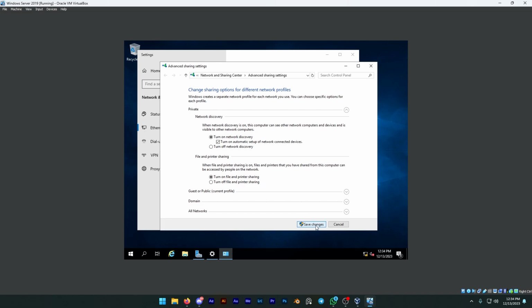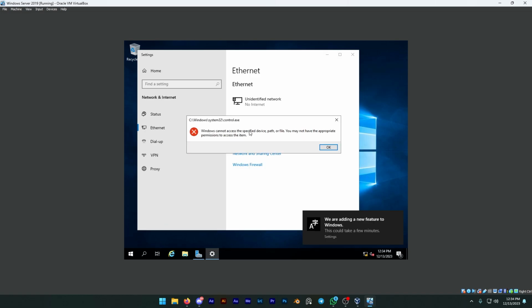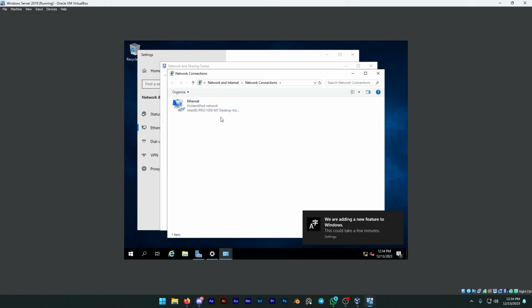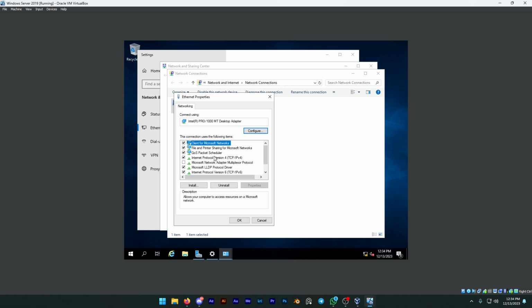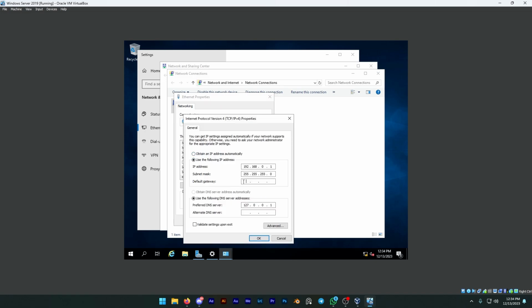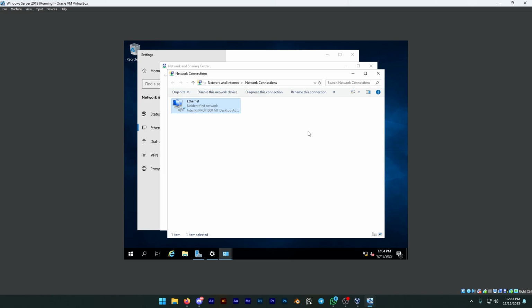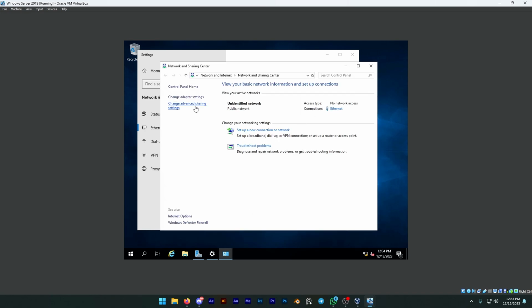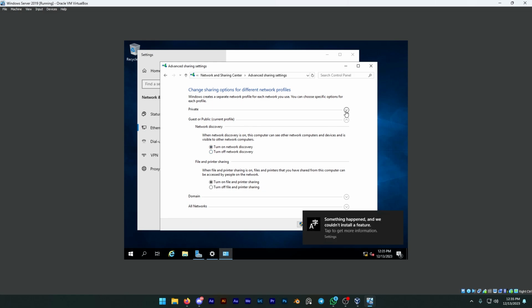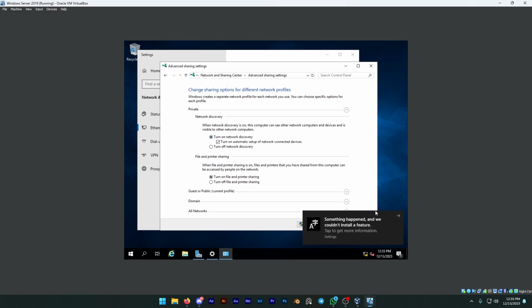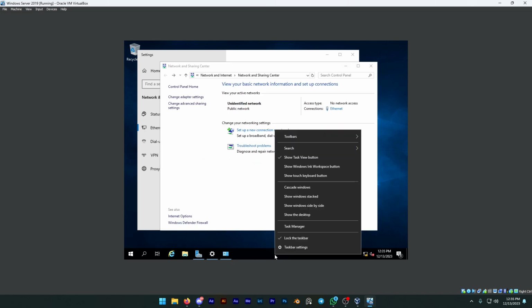So the solution for this, if you are getting this problem here, is we have to go and make sure that the IPv4 everything is set up. The default gateway is not there, so we're going to input it back again. I know this becomes a little redundant, but these things are needed for the actual system to run. And then you put it back on. If we save changes and we check it again,